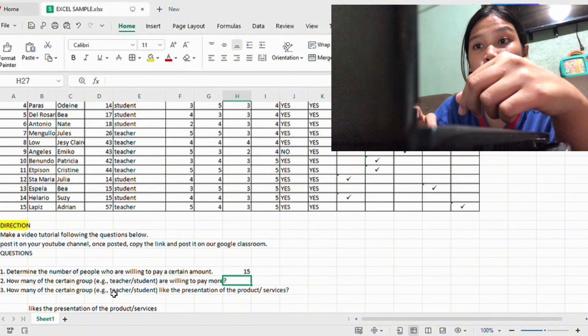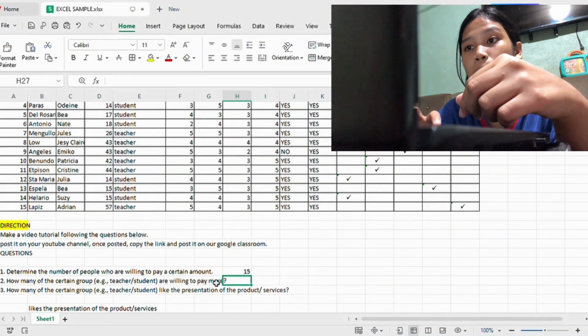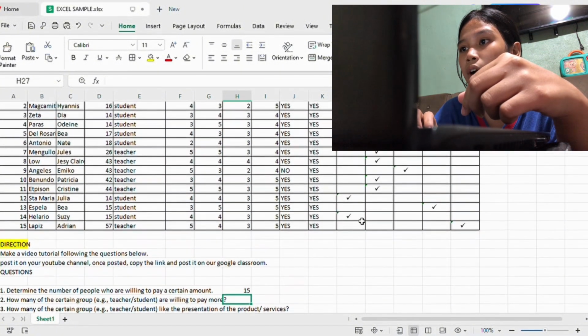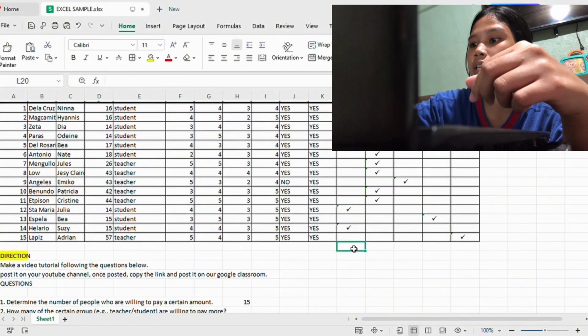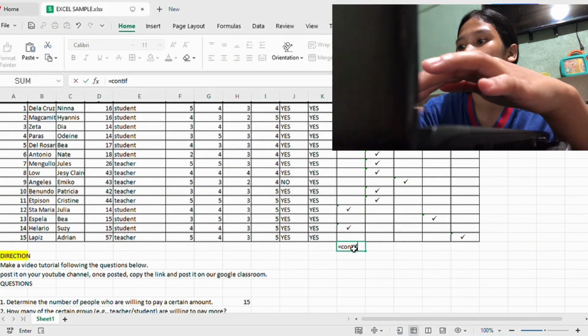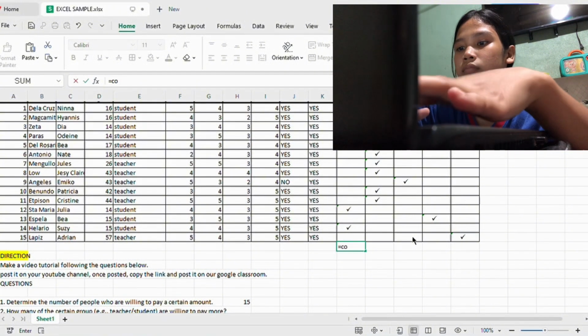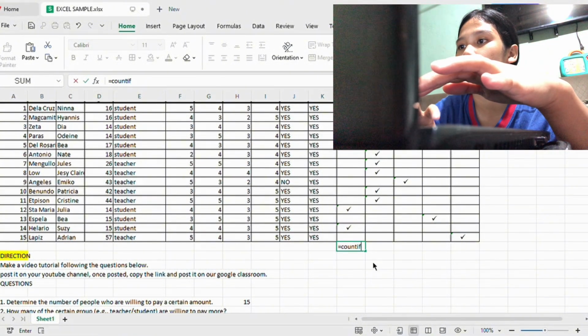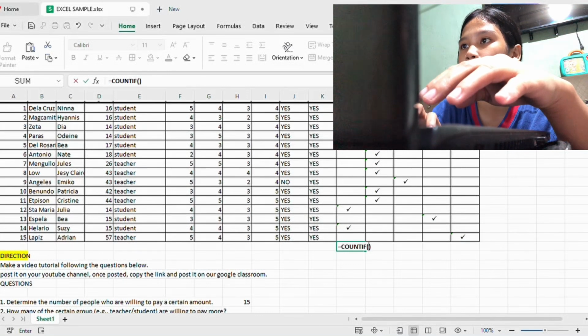Number 2 is how many of a certain group, teacher or student, are willing to pay more. To get this, we have to follow the formula of countif. First, we put equal and then countif. Click this countif and then highlight this from top to bottom,